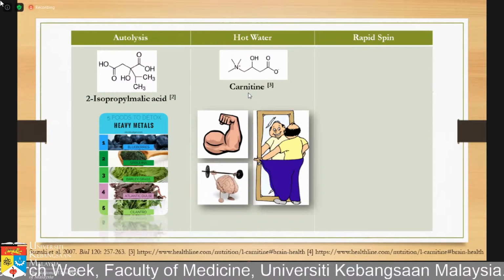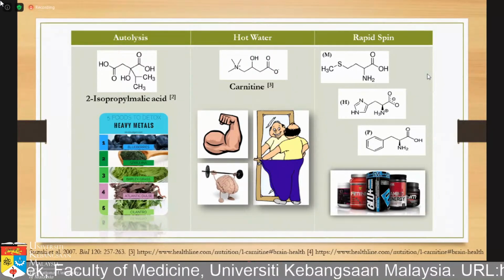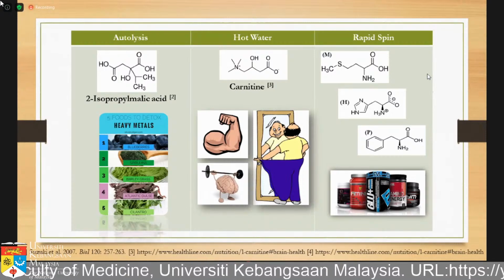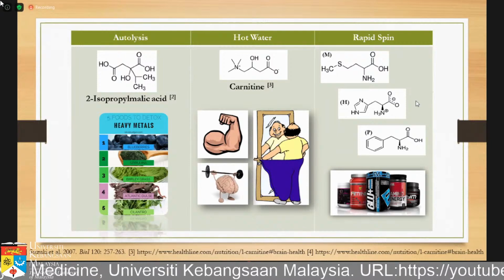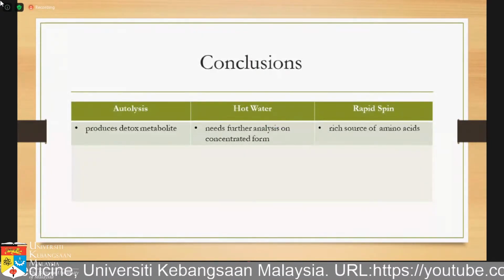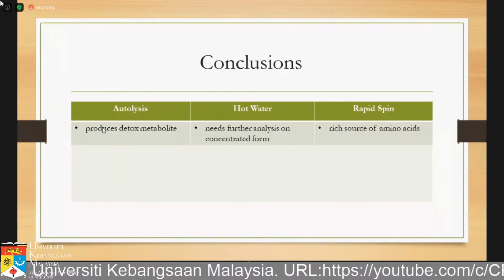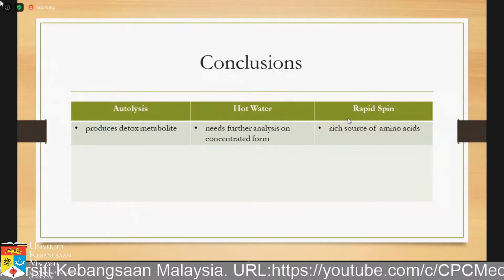The last method, rapid spin, if you remember, produced most of the amino acids, for example the essential amino acids methionine, histidine, and phenylalanine, and of course it can be developed into popular amino acid supplements. So, in conclusion, the autolysis method produced detox metabolites, and the hot water extract needs further characterization